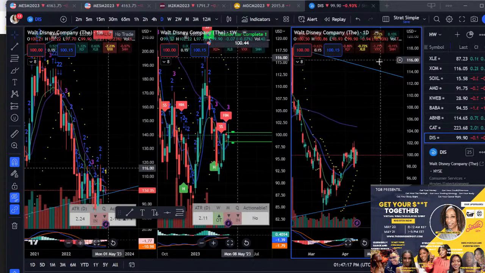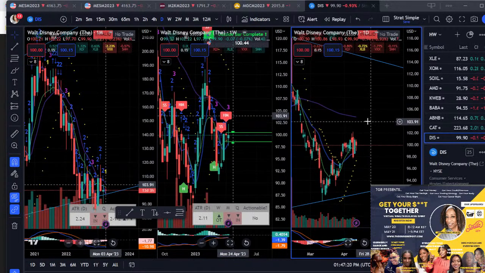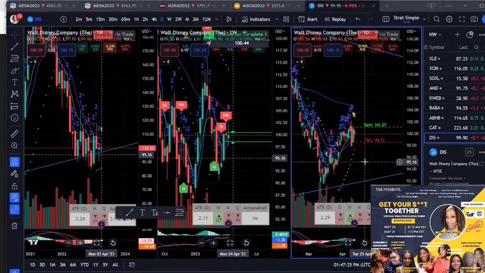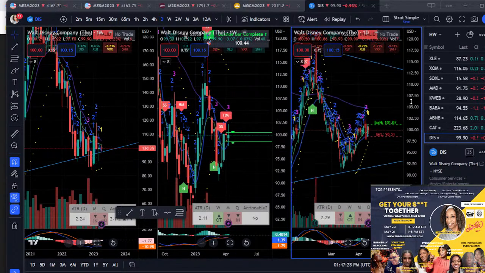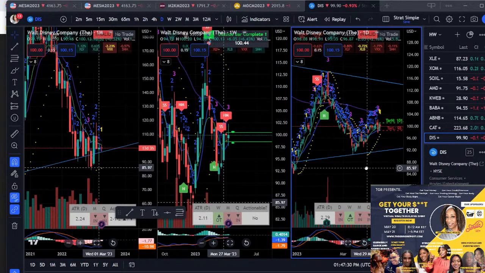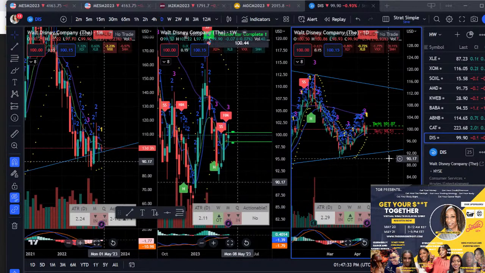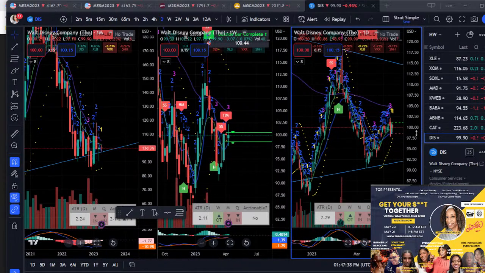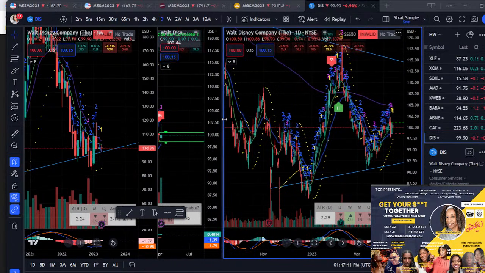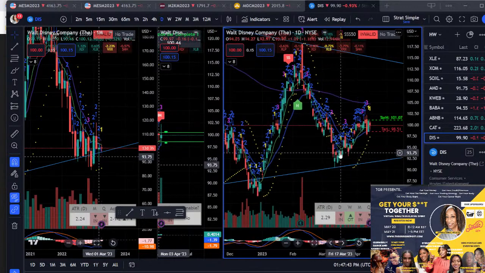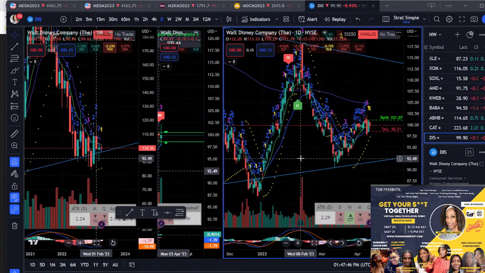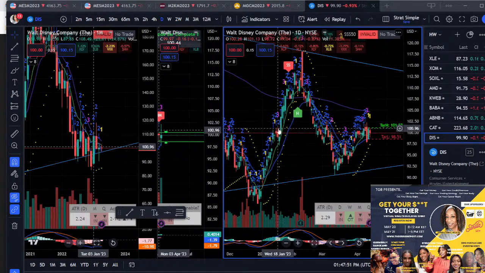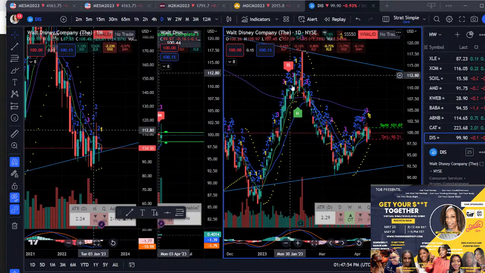And then last but not least, Disney. I like Disney because there's one thing I wanted to point out, and I believe it was here on the daily. So Disney has earnings on May 10th, right? So one thing I want to point out, I'm going to scroll this over because I really want y'all to see this. With Disney, the last time it had earnings, you see that this right here is what it did. It had a run up all the way until earnings from about a month before. The earnings was